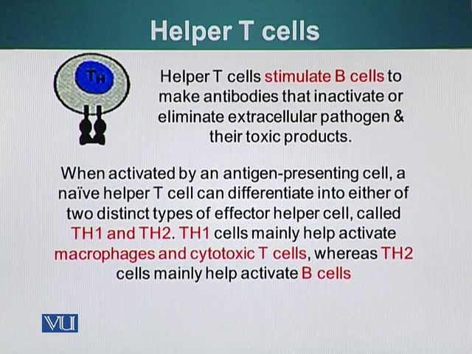When activated by an antigen-presenting cell, a naive helper T cell can differentiate into either of two different types of effector helper T cells called Th1 and Th2. Th1 cells mainly help activate macrophages and cytotoxic T cells, whereas helper T cells type 2, Th2 cells, mainly activate B cells. What determines what type of helper T cell will be formed, whether type 1 or type 2, is basically